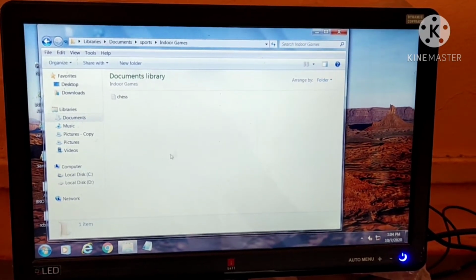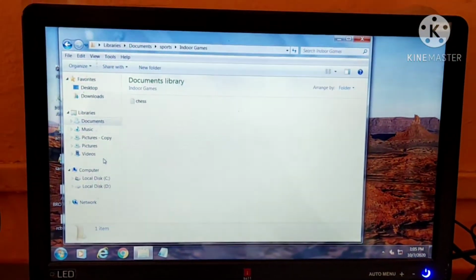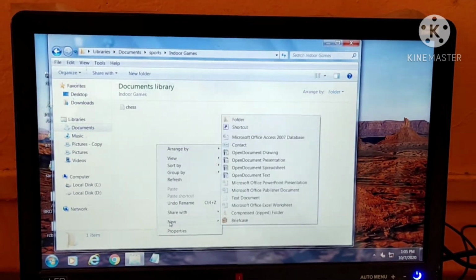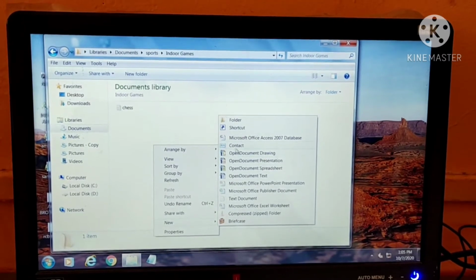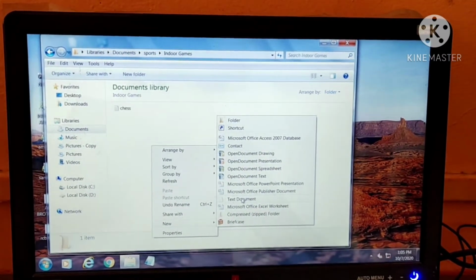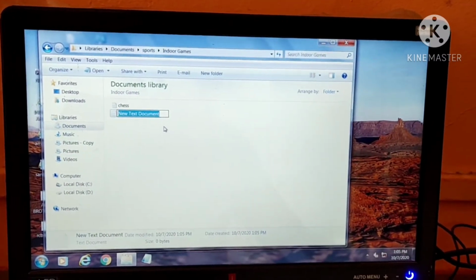One more file we have to create, that is carom. The same process we have to follow. Again right click in the blank area. Just right click over there. Select new, text document. You can select any file, but just click on text document.